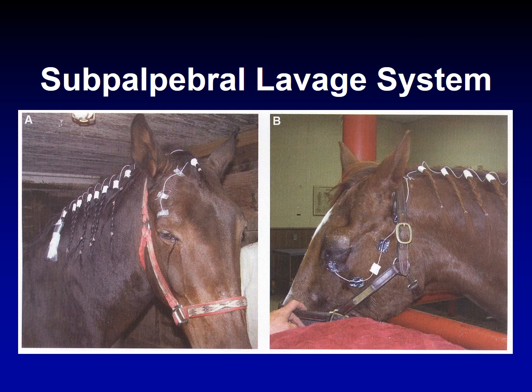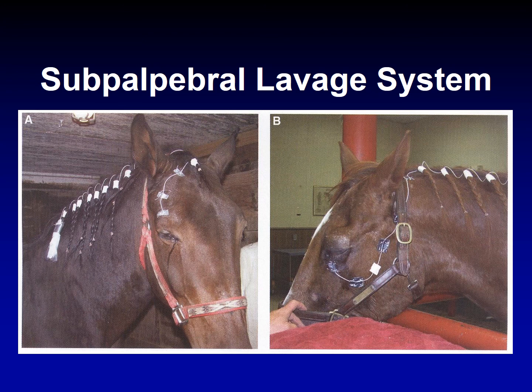The subpalpebral lavage system is a plastic tube that has holes in it, and we put it toward the inside of the eye, and we keep the other end of it toward the outside. As you can see here, it's braided with the horse's mane, so you can actually inject the medication from the outside. When you inject it from the outside, the other end of the tube, which is inside the eye, has pores in it. That's where the medication gets into the eye. These systems are very important because doing ophthalmic treatments in equine